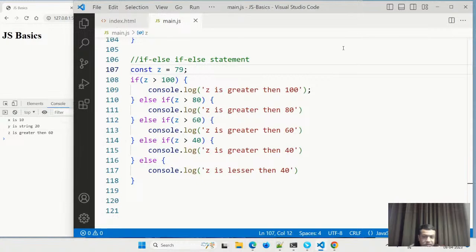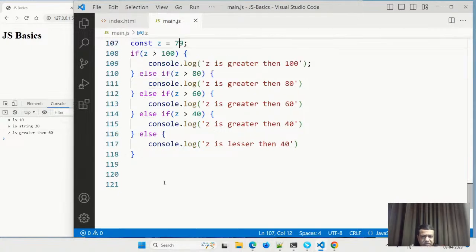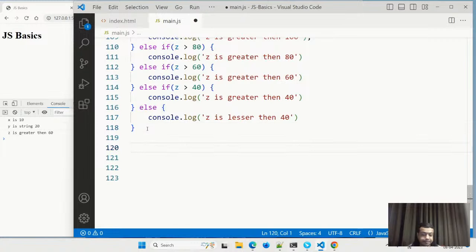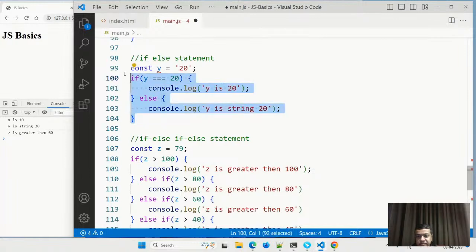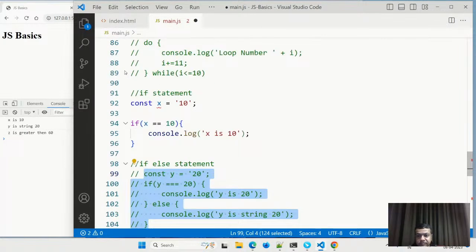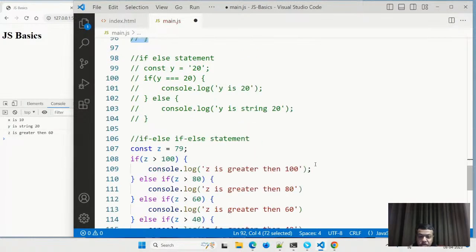Let us see one more thing with the if else statement, which is a very important thing: the or and and operators. We have const x equal to, and const y equal to, these two things.